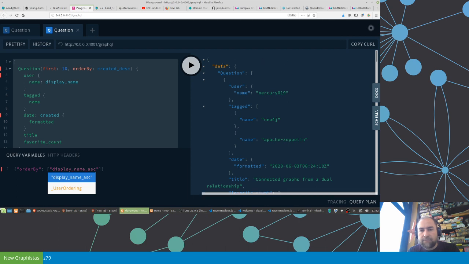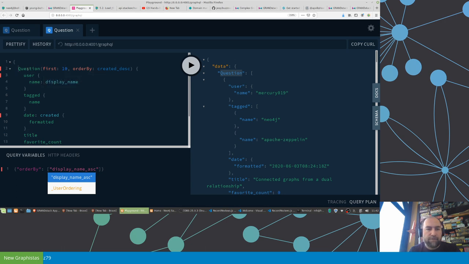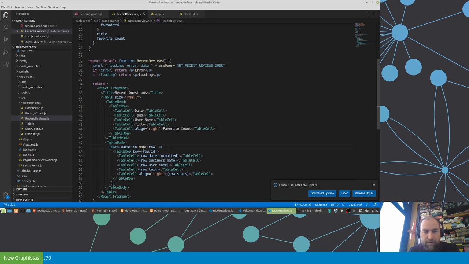So row, it gets our, this is not review anymore, this is question, because you see that it uses the field name of the query for this. If you want to have something different, we would have to alias this. So if you say here, for instance, Q, then it would use Q instead, right? Or if I were to just cheat and put review in there, then it would use review, which you don't want to do. So I just use question, and then for each question it goes over the row,